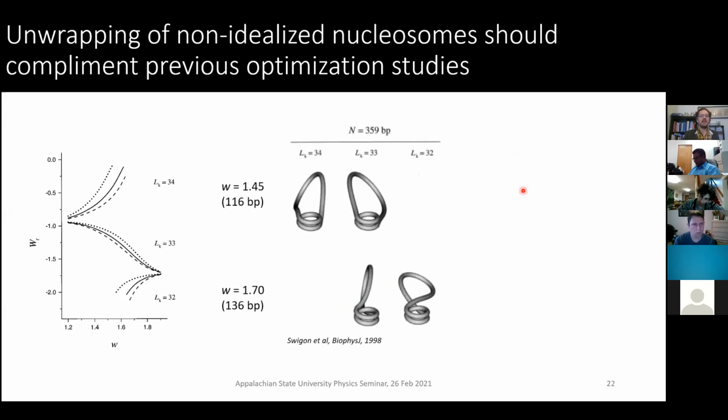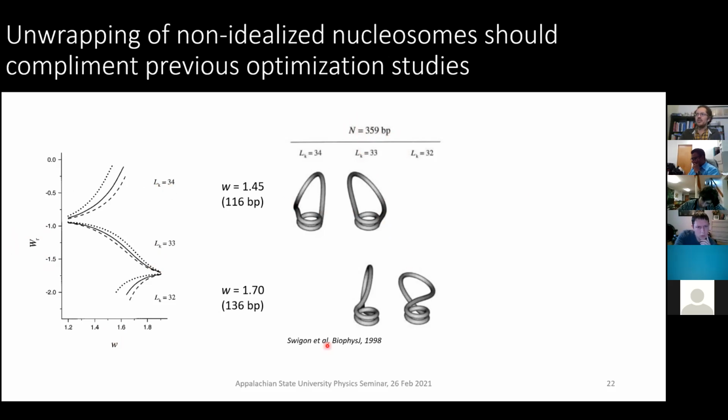This is important to us based on previous work that was done in the late 90s about Monte Carlo calculations that try to replicate breathing with the number of wraps of the nucleosome. As I mentioned, if you recall that cylinder, if they reduced the number of base pairs modeled after that cylinder, what they noticed is that there are different behaviors in the level of writhing in the overall structure. So based on different linking numbers, we would have different patterns of writhe based on how it's wrapped. And as I mentioned, we're interested in the length of 359.